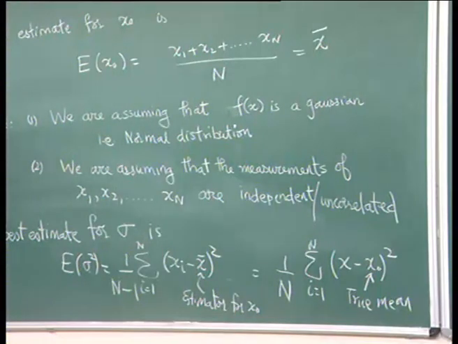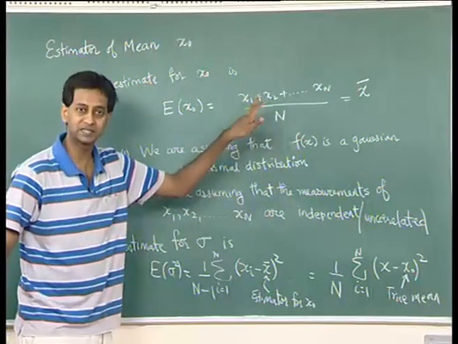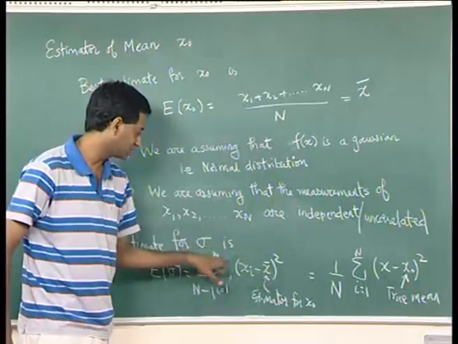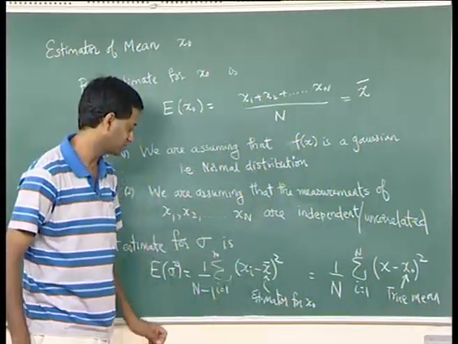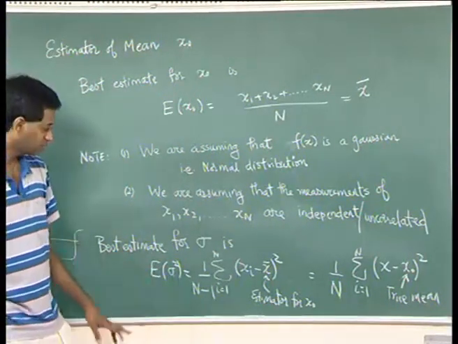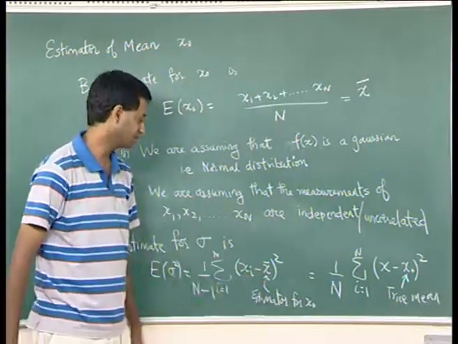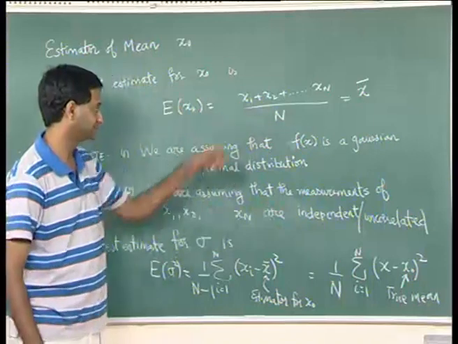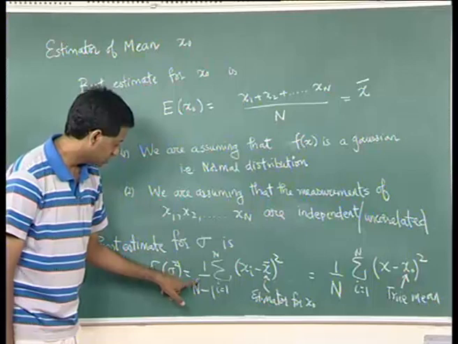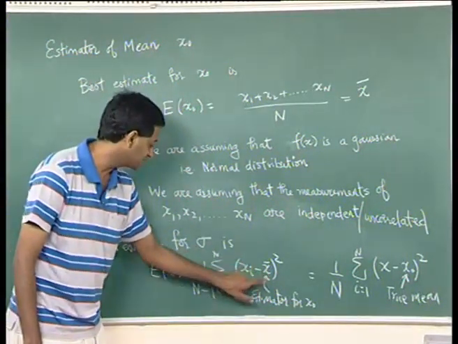But since you estimated the mean based on these measurements, it turns out that all these n values of the deviations are not completely independent. There are only n minus 1 of them that are independent, because the sum of all these deviations should be 0. That is the definition of x bar. So whenever you use an estimator for x0, whenever you estimate the average, you should use